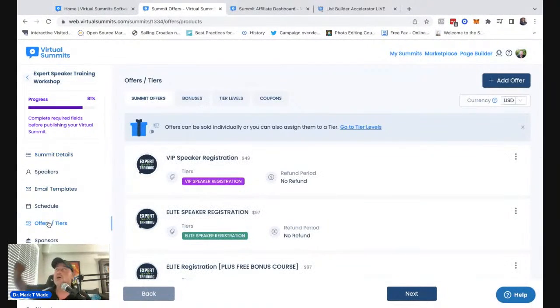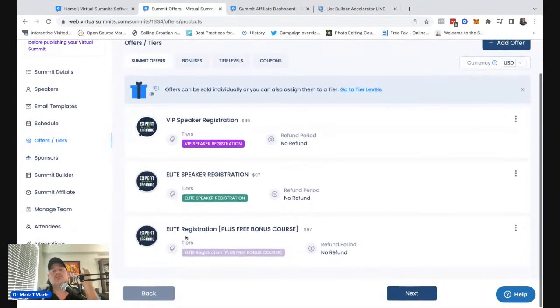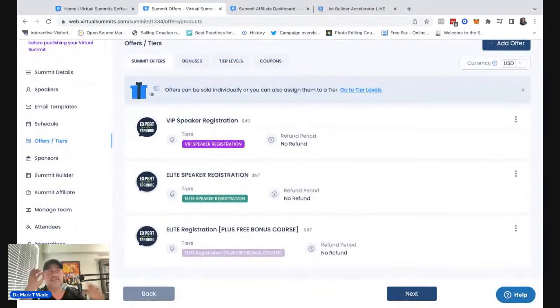So if you're sitting there with a summit you ran on WordPress or something like that, and it's not doing anything for you, one, bring it into Virtual Summit software and put it on the marketplace so it gets exposure. But two, even if you have content that could be organized in the form of a summit, you could get benefit from this. Okay. That being said, one of the other strategies, probably the most popular for like 4 or 5 years,